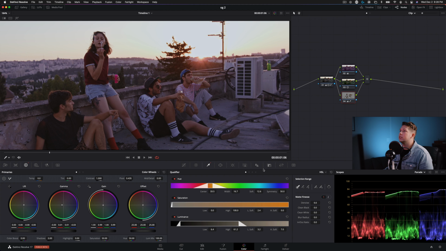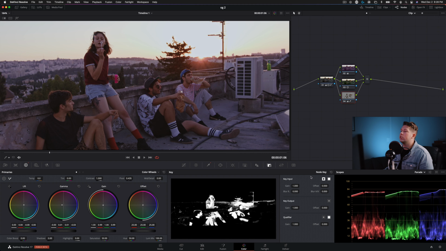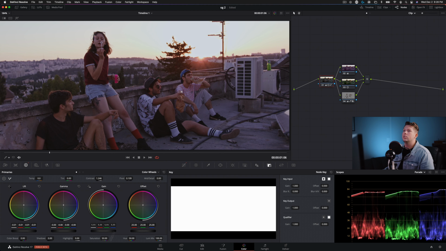But let's go ahead and take this overall node and go into the node key tab, and we're going to pull the gain down a little bit. And that's just going to change the opacity of this node so that the effects of this node are a little bit less intense. I'm also going to go into our first node here,